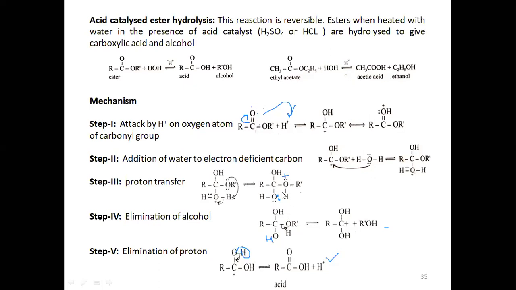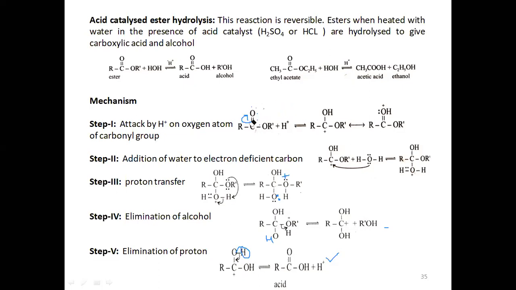Now you can easily remove this alcohol. So this R dash O plus H will move away by taking a lone pair of electrons because it has to satisfy the valency on the oxygen. There is a positive charge here. So again a positive charge is created on carbon now. In order to satisfy this valency, one of the bonded pairs of electrons will shift here in between carbon and oxygen, forming a new bond here. So this is the mechanism of ester hydrolysis.